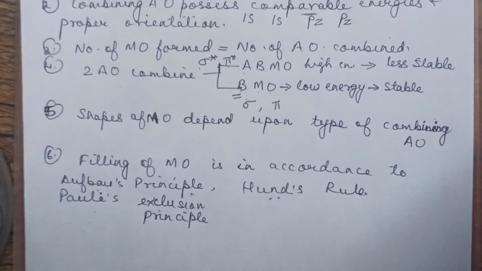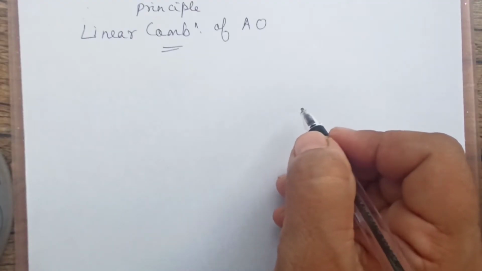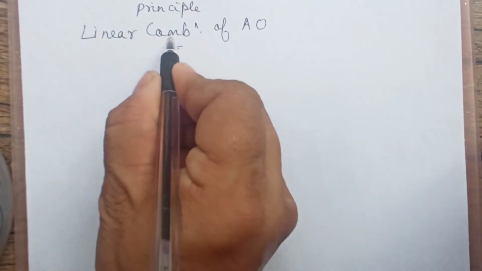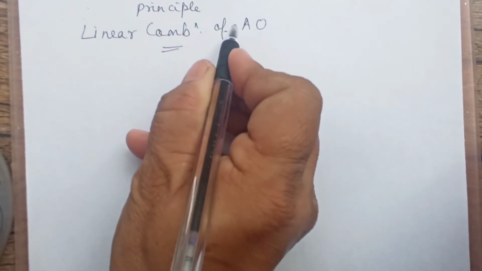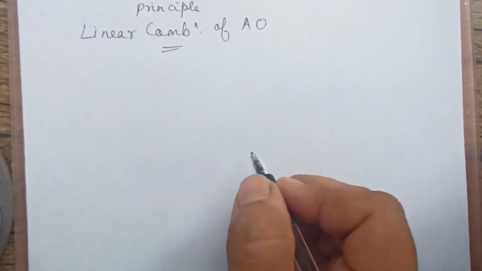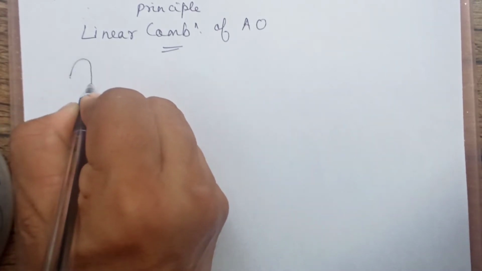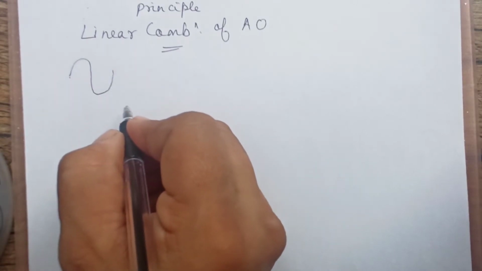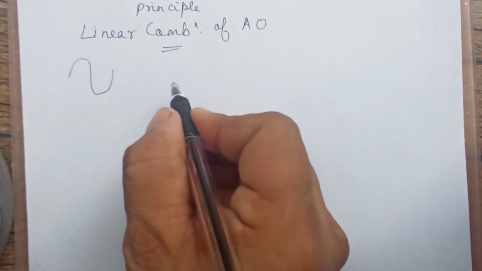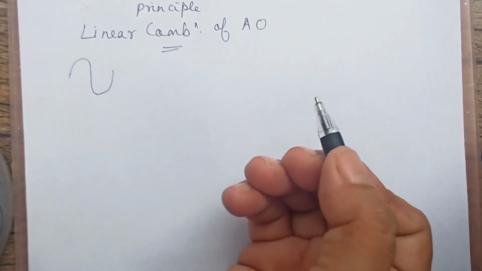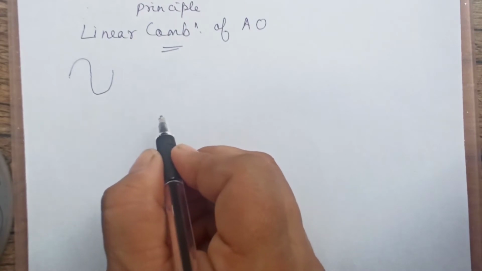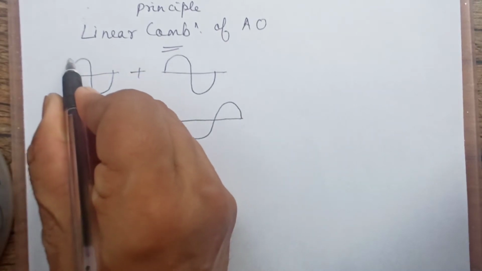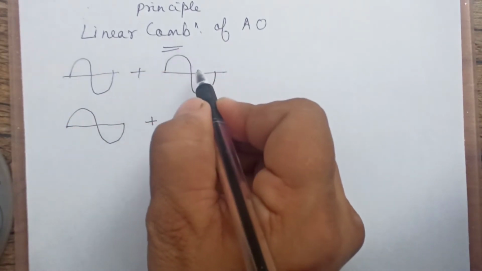Now let us further discuss. The formation of the molecular orbital is explained on the basis of linear combination of atomic orbitals. We consider the atomic orbital as a wave, as we have discussed as per Schrodinger. The waves of the two atomic orbitals may be in phase or out of phase. Now, what is this in phase and out of phase? We'll discuss. See, this is the meaning. If we say one wave is in this manner and the other wave is like this.